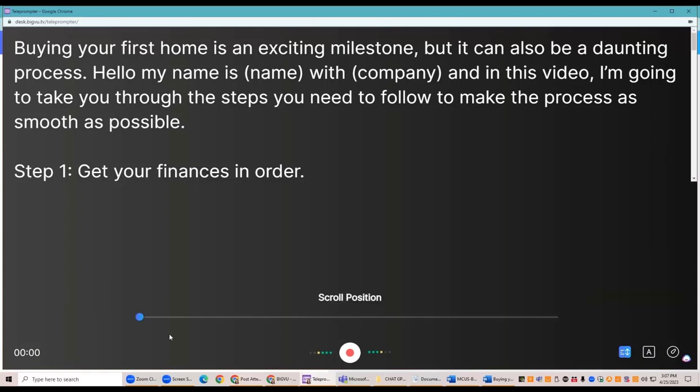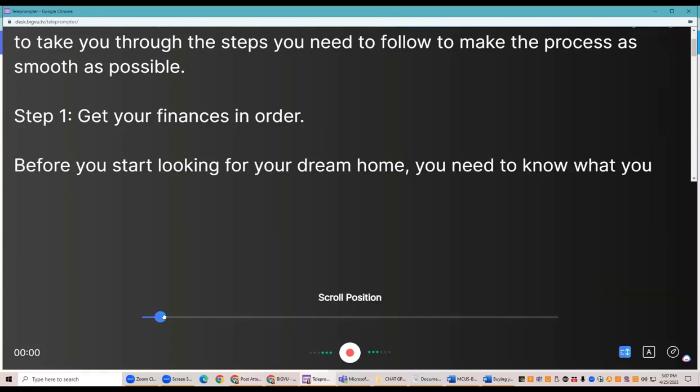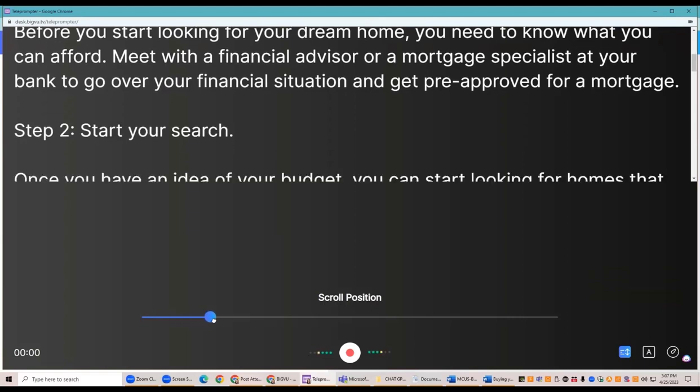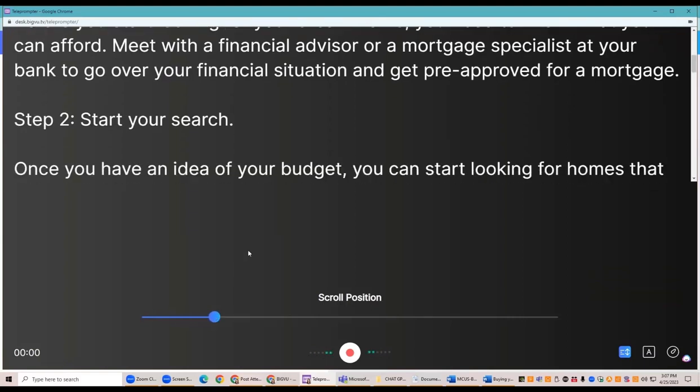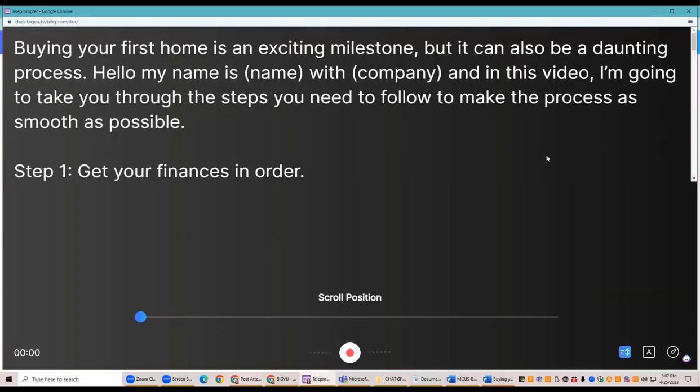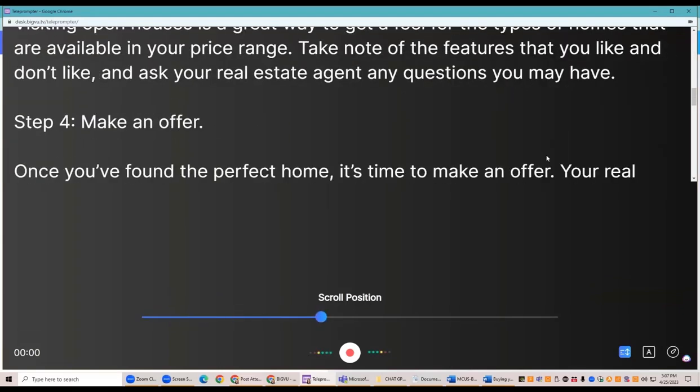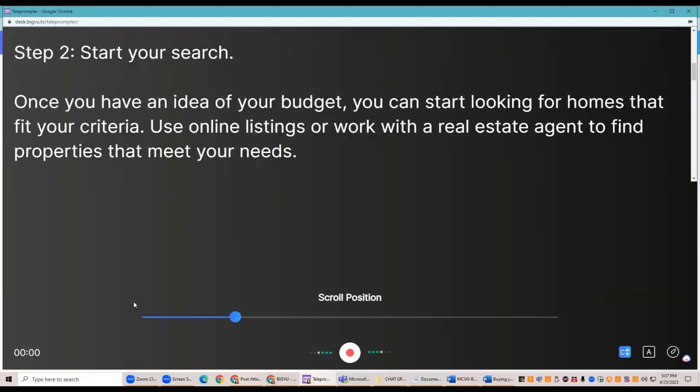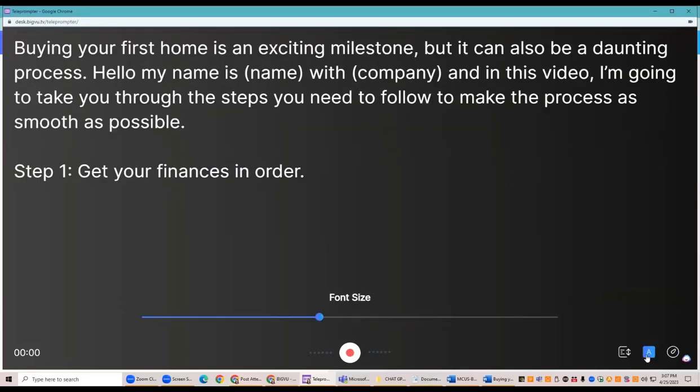So this will allow us to position it. So it'll tell us our scroll position, and you can see where that is there. And that just tells where you are on the script. So if you want to jump ahead, you can jump ahead to the end of the script. That goes back and forth. This